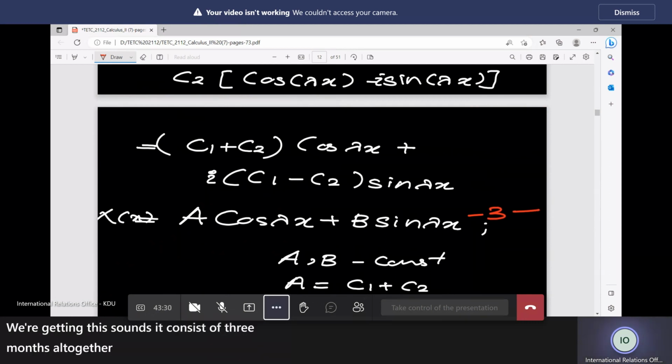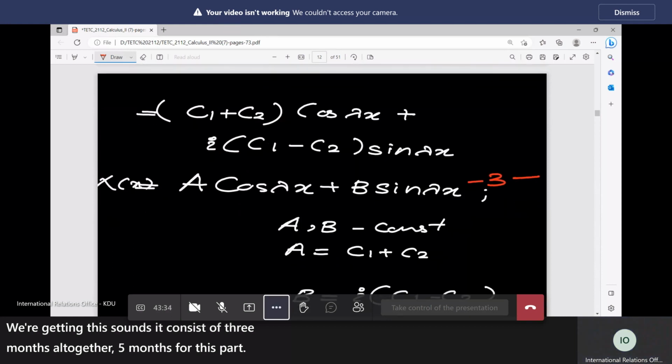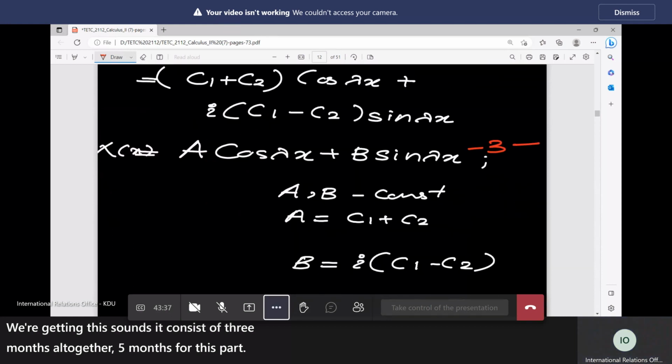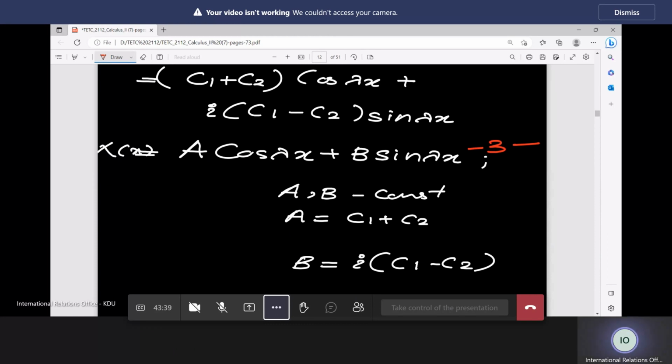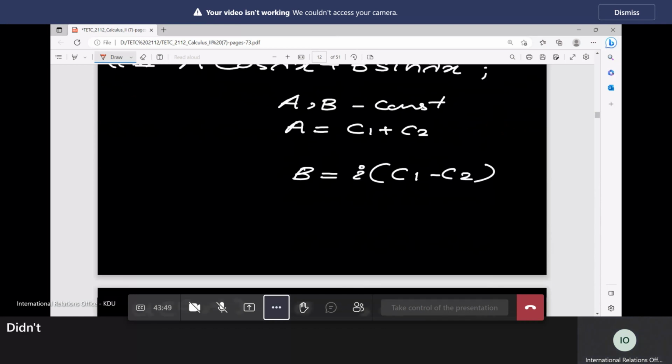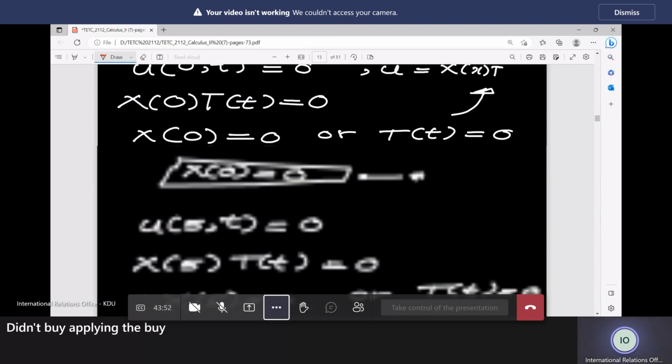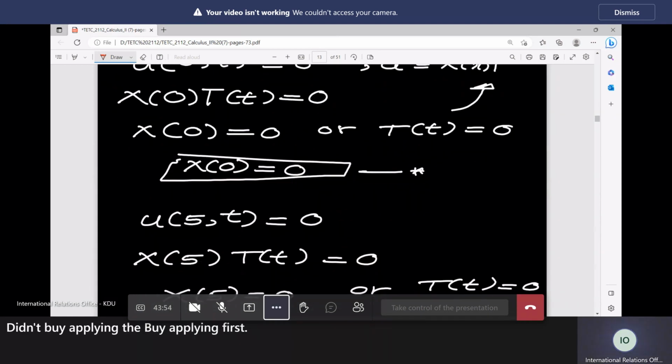Altogether 5 marks for this part. Then by applying the first boundary condition,